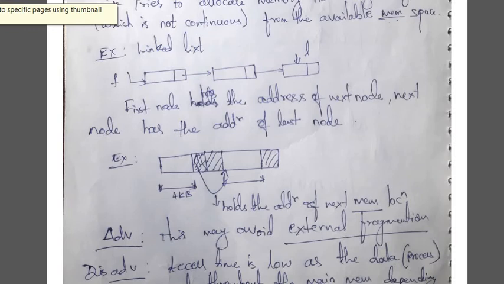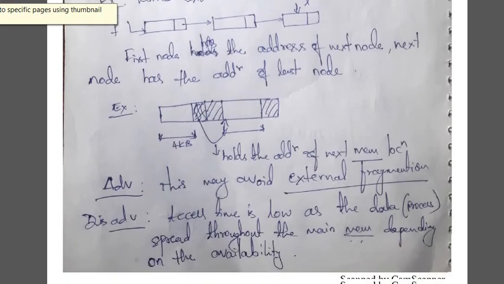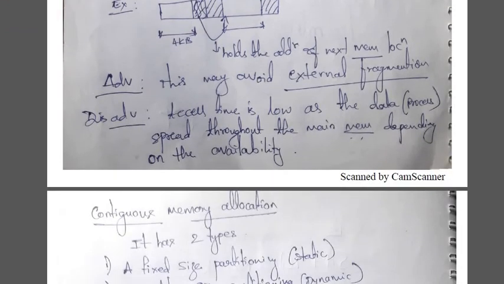So I could avoid the external fragmentation. So what are the disadvantages? Obviously the access time is slow, because I need to go and access the first node. In order to get the remaining 1 kilobyte of information, or 1 kilobyte of the instructions, I need to use the pointer, move to that node and fetch the data from over there. So that actually makes the access time longer.